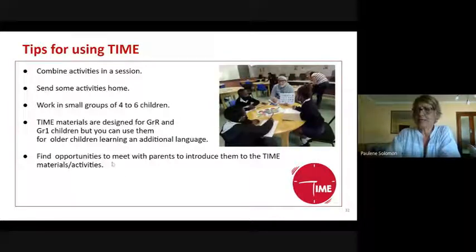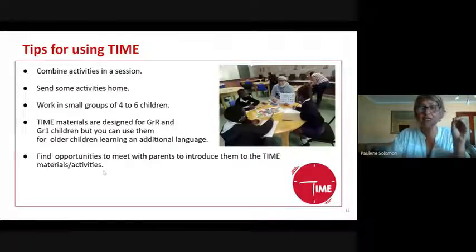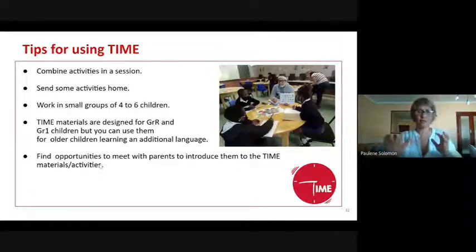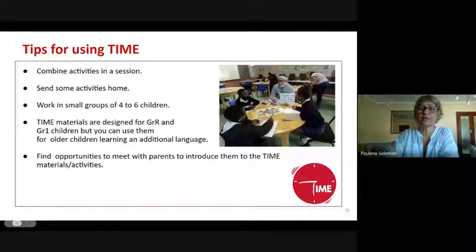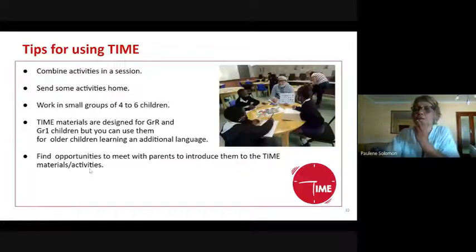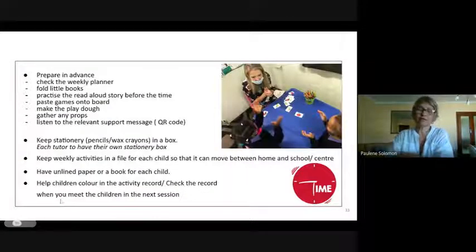We also mentioned earlier that while you might be working directly with children, if your organization does have parent-focused workshops, okay, Danae, we're taking note of your question, so we'll come back to it, thank you, that you find time to orientate the parents to the activities, so that when they are being sent home, they're aware of what's coming.